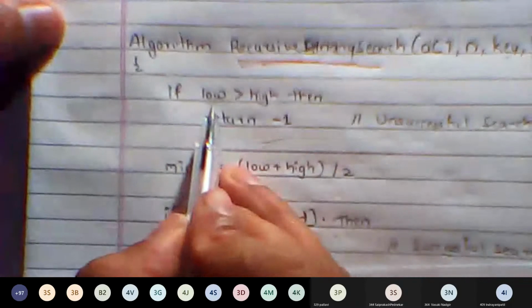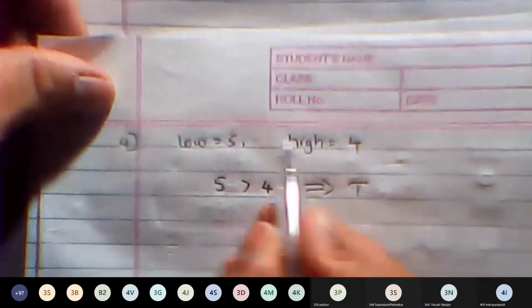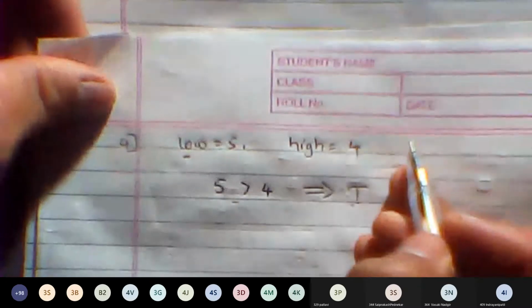The first condition is what? Is low greater than high. In this case, is 5 greater than 4? Now this condition becomes true. The low is 5, high is 4, and this condition results in a true. That means the index low has crossed the high value.